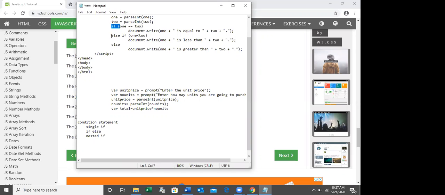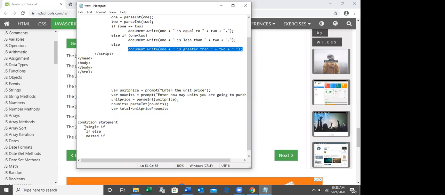If else, this else means the first condition is false. Then you can write the second condition. And if you want to write the third condition, again you can put else if, right? Where you can put else condition. If you don't want to check any condition after this, you can put else statement and you can put the statement for the else. Okay.